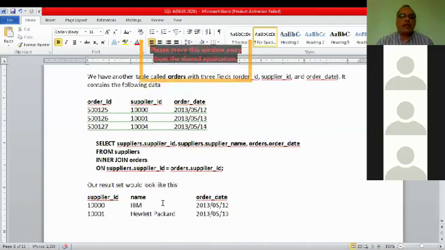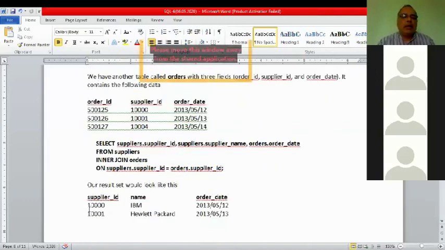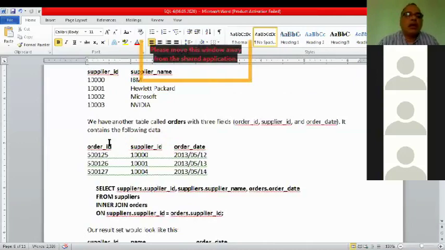In that case, only the records which exactly match will come. On the basis of the common field, supplier ID, 10,000 and 10,000 match. 10,001 and 10,001 match.